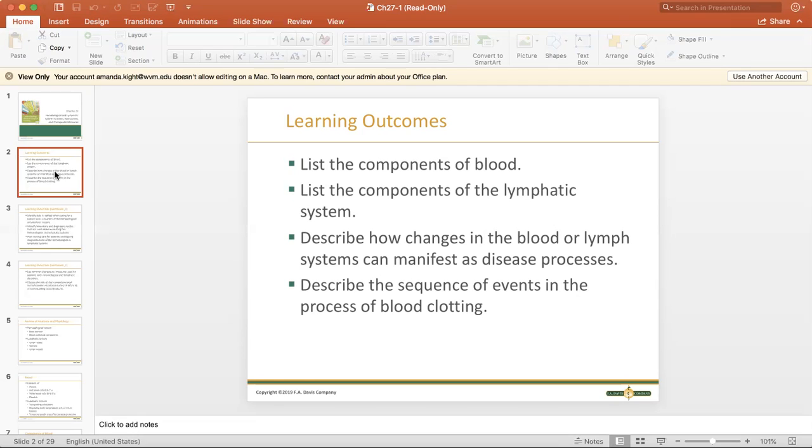Of course, we're going to talk about different diseases that come up in these systems, and that's why I had the two assignments that go with this, because I didn't know for sure if I was going to be able to do the lecture, but just in case, I wanted to make sure that you could hopefully get a lot of information in. I also want to be able to describe what happens when things go haywire, unfortunately,